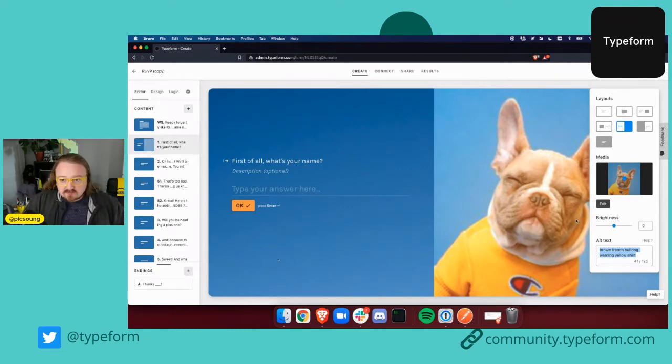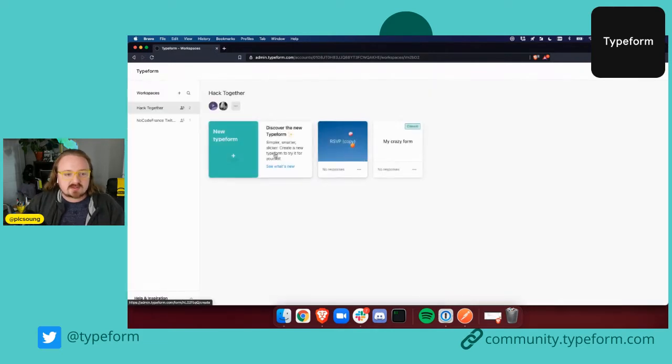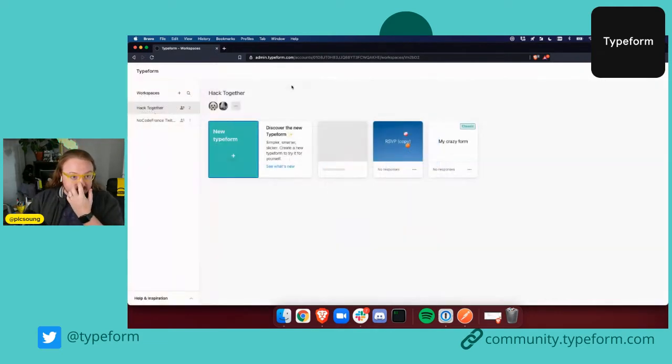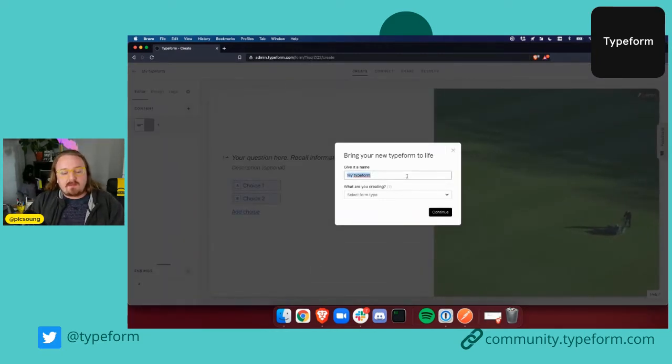So this is not specifically for developers, but I think it's a good thing to showcase because this is really advanced. The things that could be interesting for you as developers will be some things around the logic. And so for this, let me start from scratch so we can rebuild this ourselves, creating a new form. And we're going to build something where